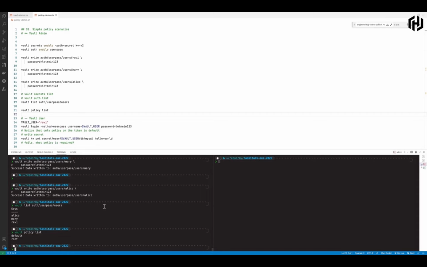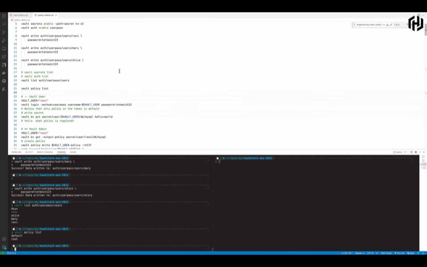I have already enabled the KV version 2 secret engine, the userpass auth method, and created 3 users: Ravi, Mary and Alice. I have also listed these users, as you can see in the output, and I have run the command vault policy list, which shows there are just 2 policies, default and root. These are the 2 built-in policies in Vault. Let's now